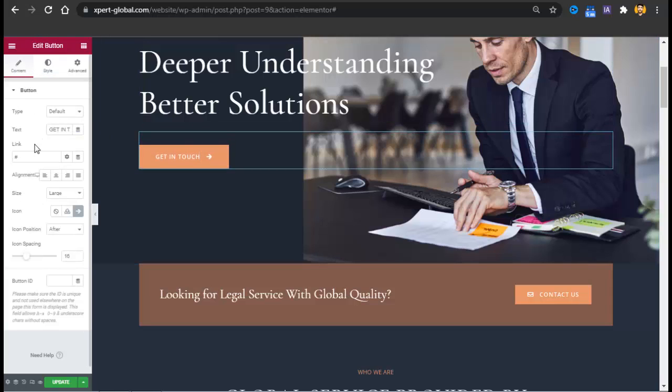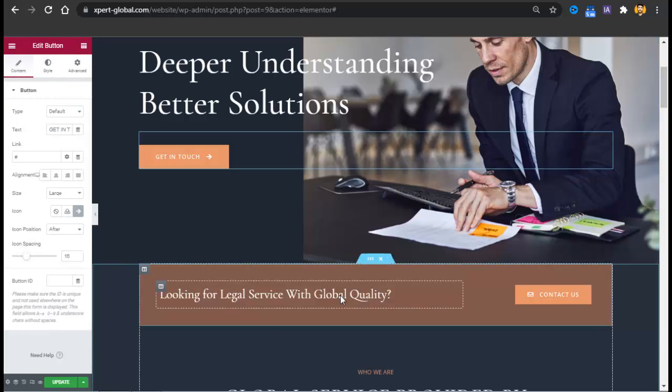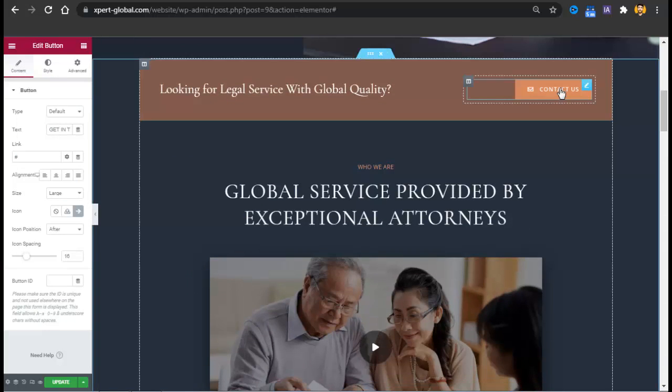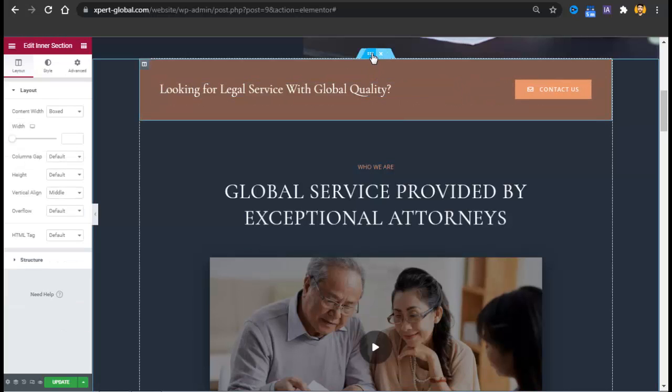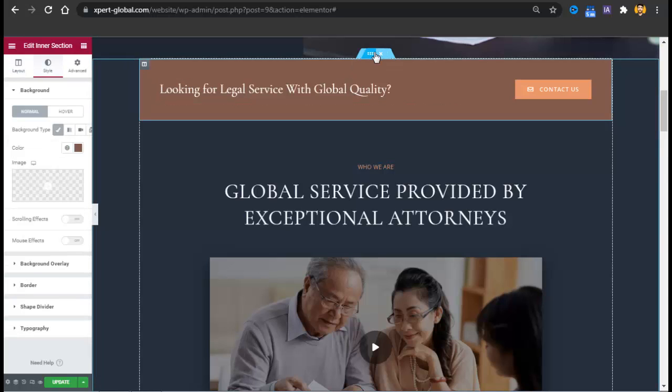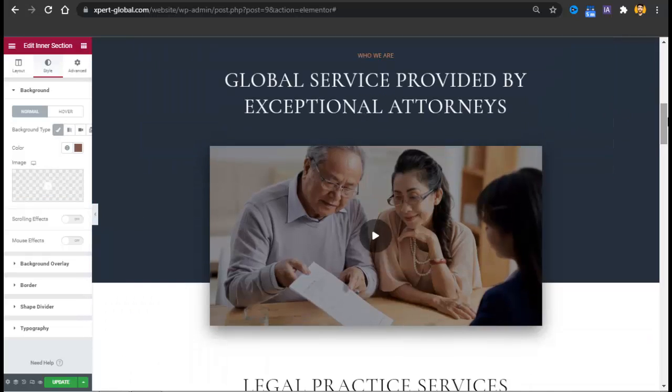You just have to click on that button, and here you can edit the link. You can edit that icon here if you want to change it. If you want to change the color you can also change it, and you can change all the stuff. If we go below, the button is the same case, and if you want to change this one you can change it. If you want to change the background color, you just have to select this section, just click there, and this is to edit a section. Just go to styles and you can edit the background color.